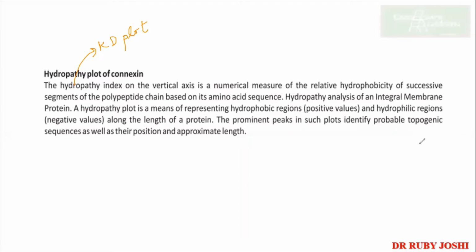If your protein is soluble, it shouldn't happen. So in order to understand whether the protein is hydrophobic or hydrophilic in nature: if it is hydrophilic, then we say it is soluble, and you shouldn't have a problem in purification. But if you know that your protein is hydrophobic in nature, then you will understand that you cannot make it soluble in the normal way, and you need to add